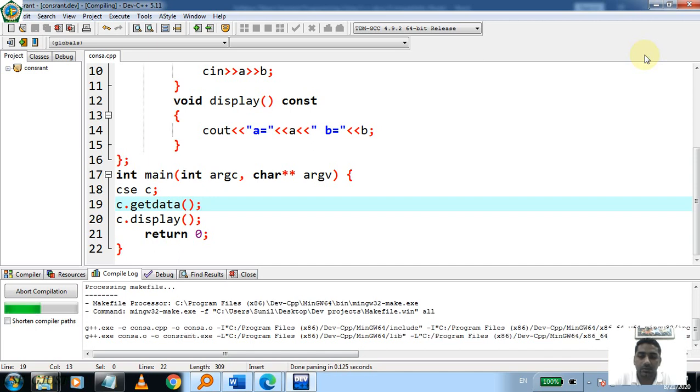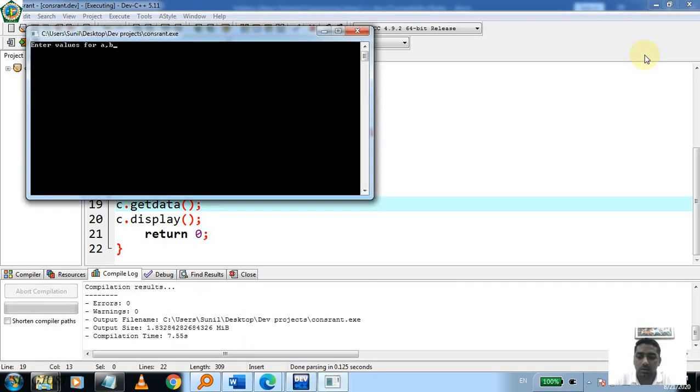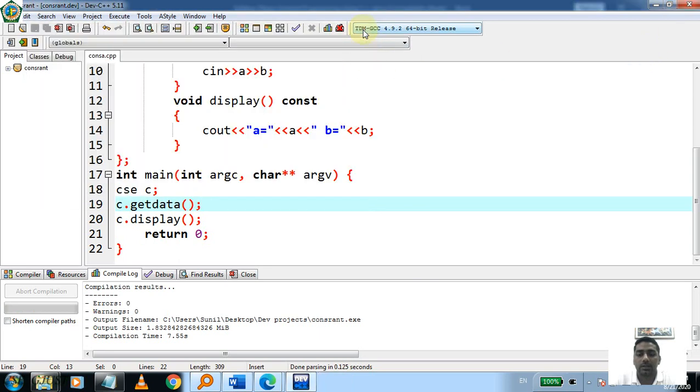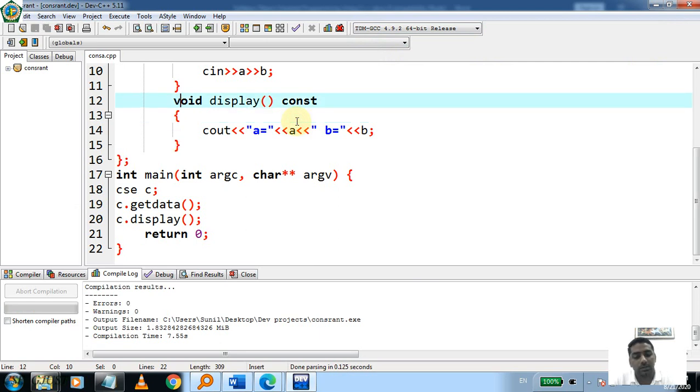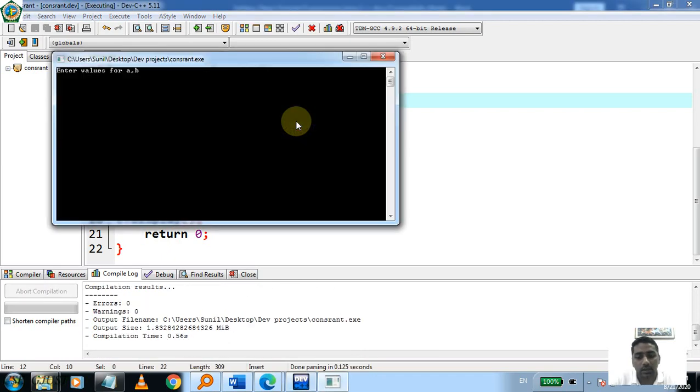A normal object can call any type of function, either a normal function or a constant function. Display is a constant function and it is callable, the output is in front of you, there is no error, like 30 and 56.